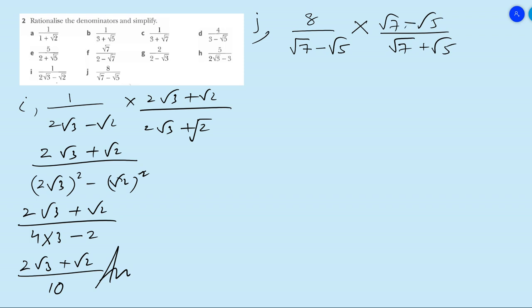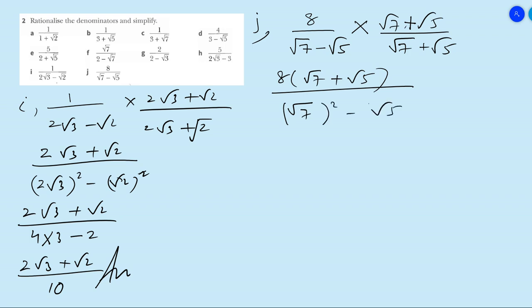It should be a plus sign. Multiply 8 by root 7 plus root 5 upon root 7 square minus root 5 square. 8 multiplied by root 7 is 8 root 7. 8 multiplied by root 5 is 8 root 5 upon